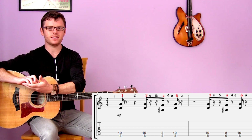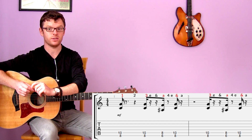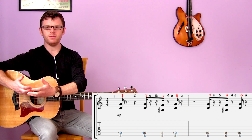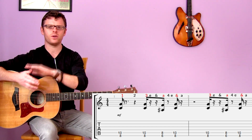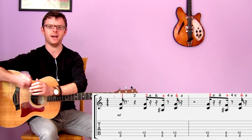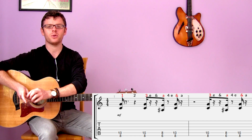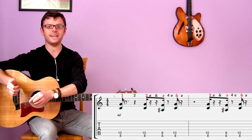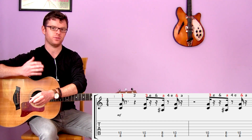But to really look in detail, we're going to divide down the beats and we're going to look at them in greater detail. All right, so from previous videos, we may have done countings such as, we all know the count of 1, 2, 3, 4. We all know 1 and 2 and 3 and 4. But if we want to go a level deeper, we're going to count 1 e and 2 e and 3 e and 4 e and